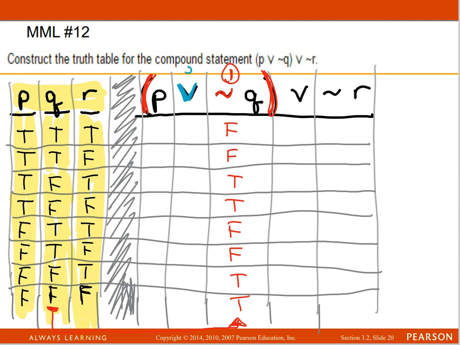And then I'm going to do the or right here. This will be step number 2. And to get this column, you're going to look between P, I forgot to do that part, sorry. I usually fill in the blanks. P is right here, which is 4 T's and 4 F's. So T, T, T, T. Sorry, I forgot this part. False, false. That would have been part of my setup where I just copy it down,